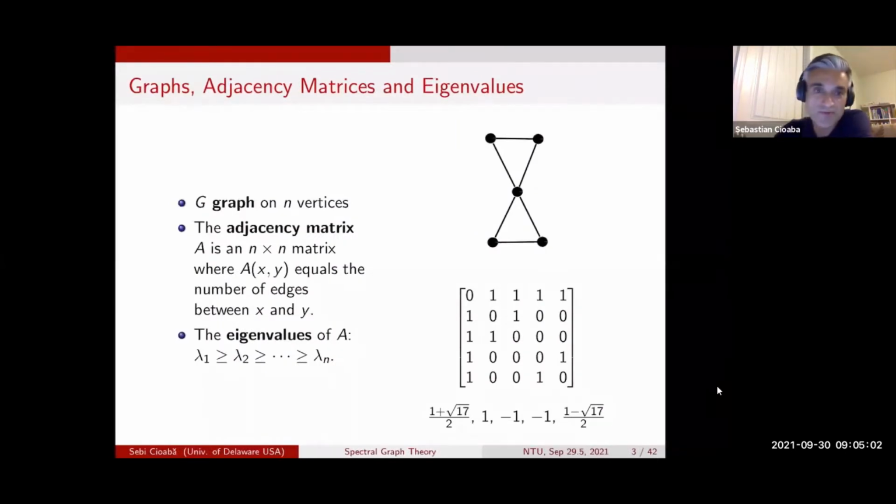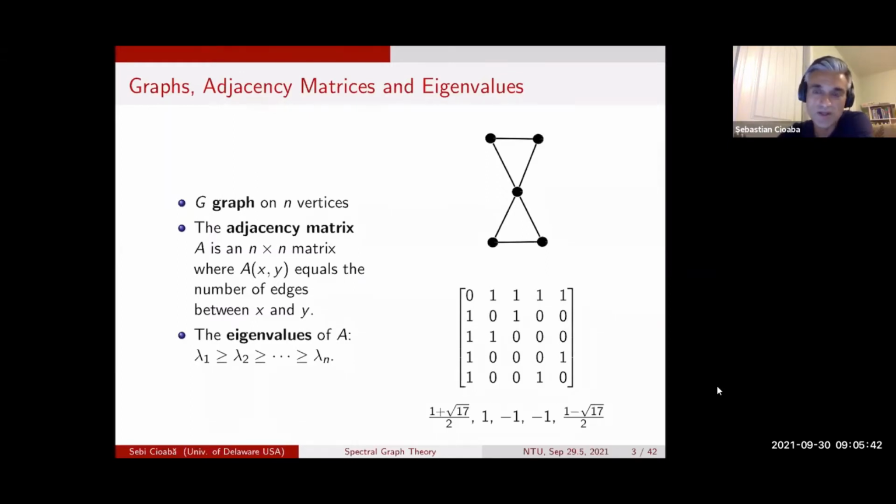So graph theory is the study of graphs, which are abstract models of networks, and you can represent them on a piece of paper by drawing the vertices as dots, and the edges as segments or curves connecting those dots. But they can be studied from a linear algebraic perspective, and to do that, you can represent these graphs, these dots and lines, as matrices first. And so there are various matrices that one can associate to a graph. One of the most common ones is the adjacency matrix, and this is the one that I'll focus on today,